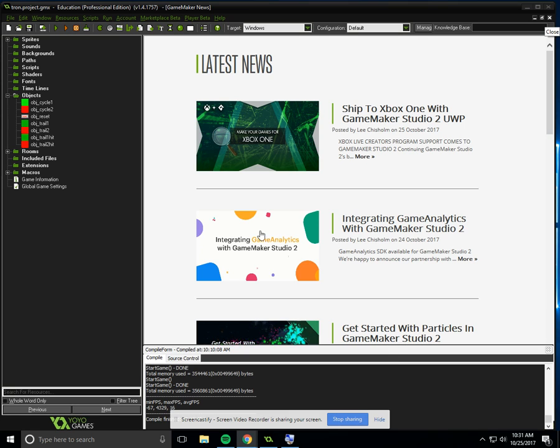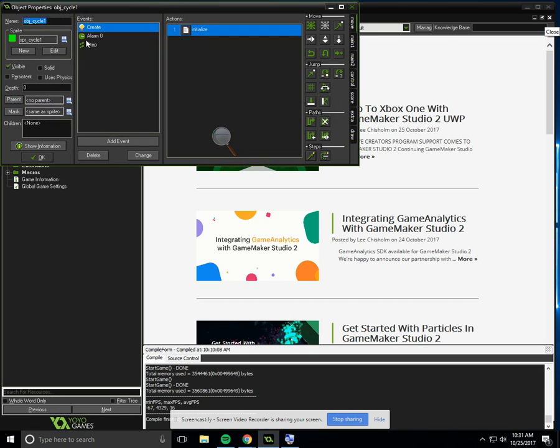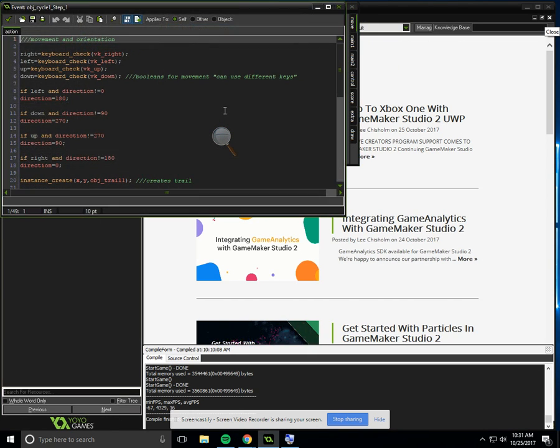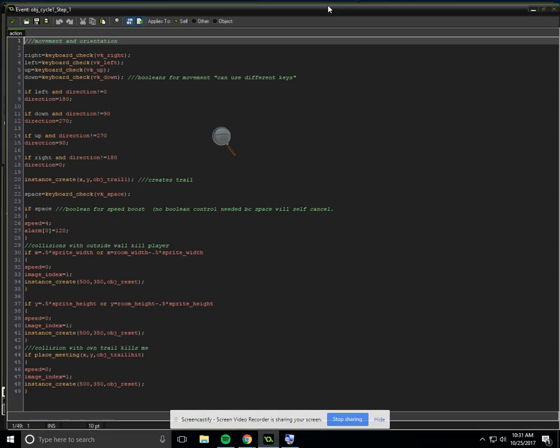All right, let's talk about some more on Tron 2. If you hit a wall, you die. Let's take a look at what that looks like. So I'm going to go to Object Cycle 1, pick up the step function, and right down here, and I'll highlight this here in a moment,